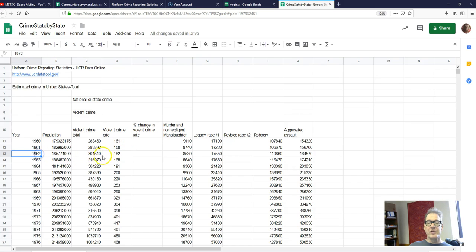Here in 1962, new crime rate is 162. The old crime rate was 158. What about 1960? Well, we don't know the old crime rate for 1960. All we know is the new crime rate. So that means to calculate this percentage change, we need to start in 1961. Since we don't know the old crime rate for 1960, we'll start in 61. So I put my cursor in the 1961 cell there, go up to the formula bar,